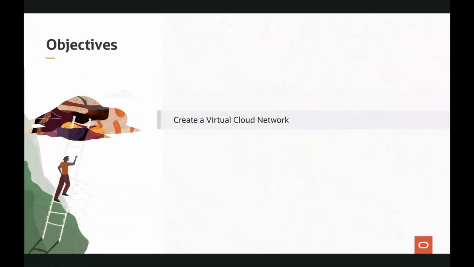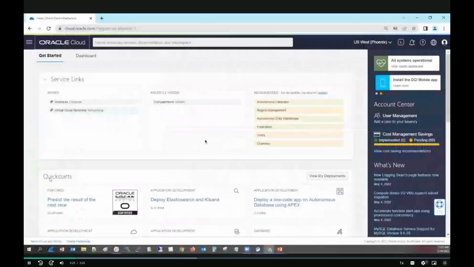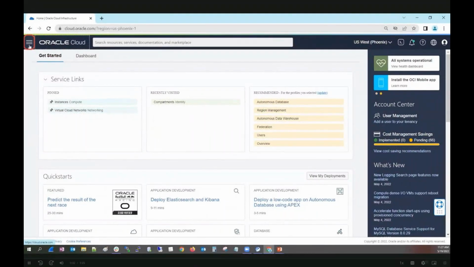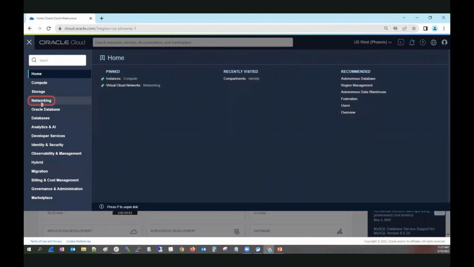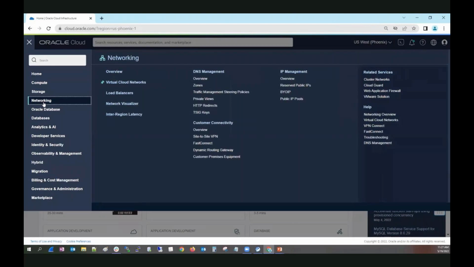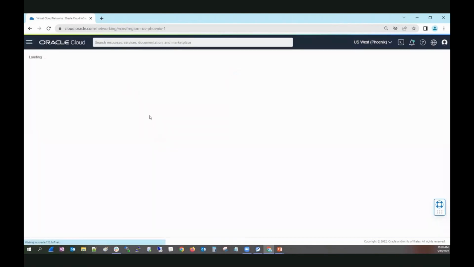As we log in to our tenancy, and here you can see that I'm already logged in, if you click here in the top left hamburger icon menu, you will find networking in the drop-down pick list. Under that, these are all the topics of networking, and we eventually will cover all of them. Right now, let's go ahead and click on Virtual Cloud Networks, and then you are going to find that you